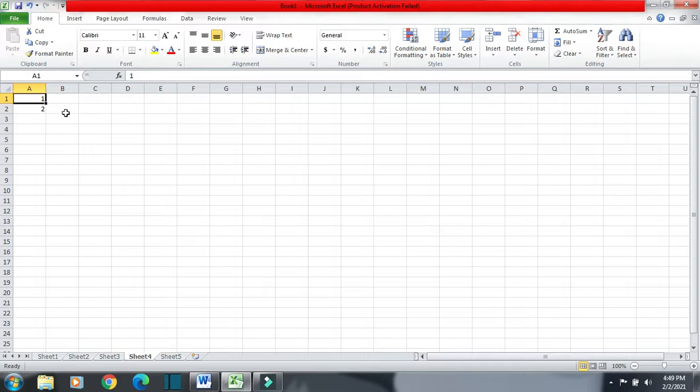I want to go for extending the series. So I will select these two cells, and then I will go to the fill handle and drag it. It will automatically fill the data 3, 4, 5, 6, 7, 8, 9, 10, 11, 12, 13, 14, like this.